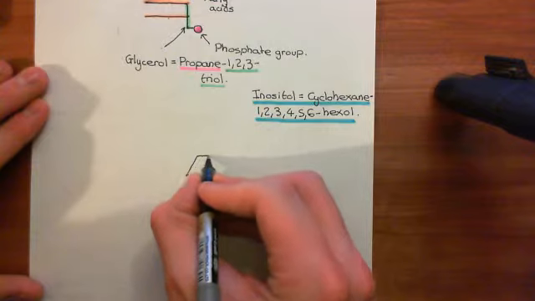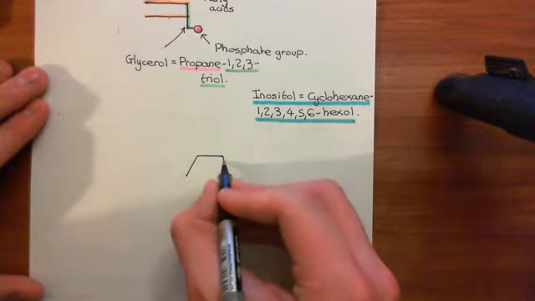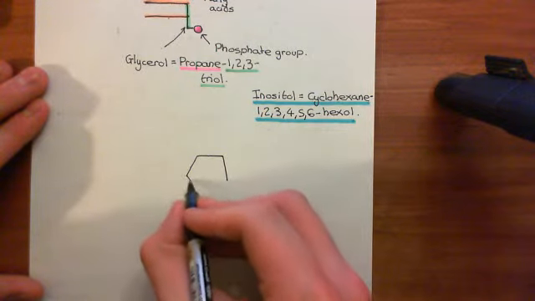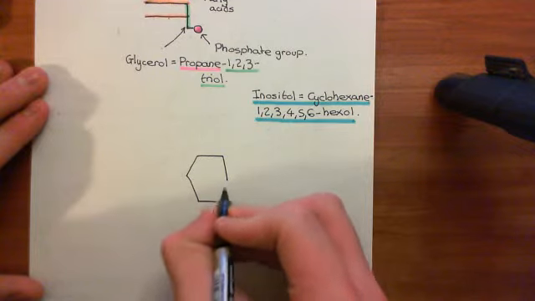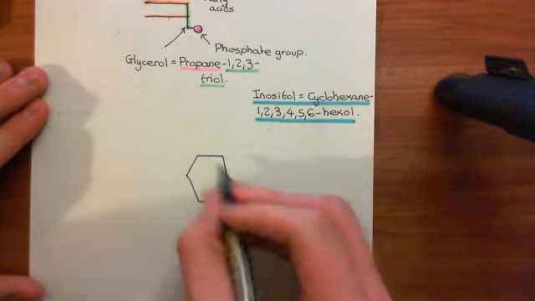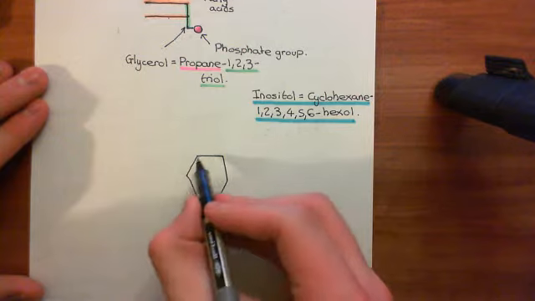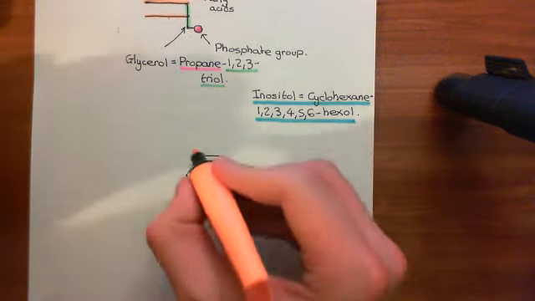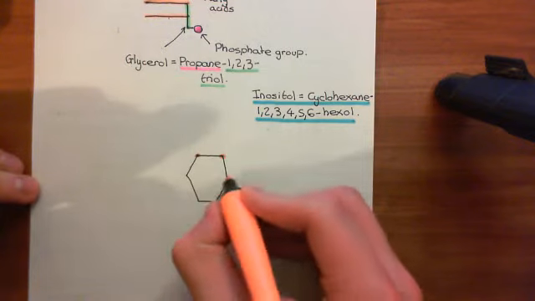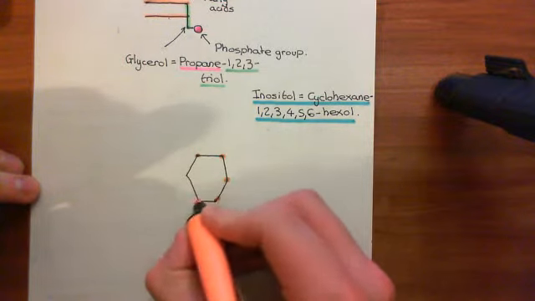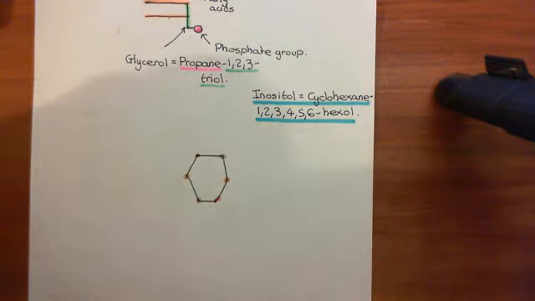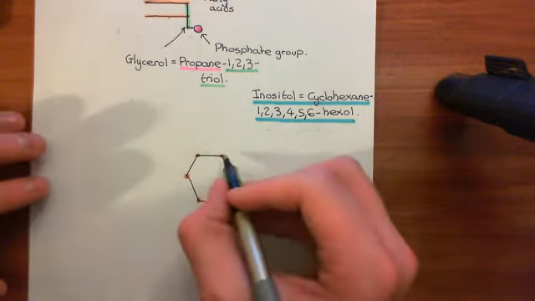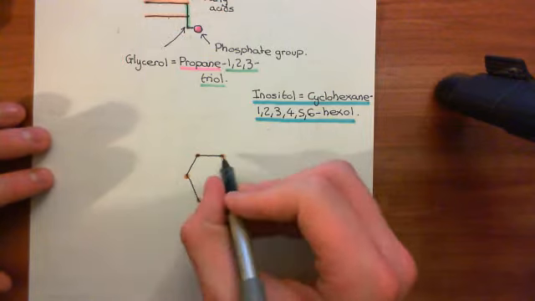So basically, remember in skeletal structures you don't show carbon atoms, they're implicitly shown by corners. So if I wanted to draw cyclohexane, all I draw is a hexagon like this. Here are my carbons, in fact I might colour this in. Here are my carbons, here, here, here, here, here, and here. Okay, now cyclohexane, that will be all I drew because those are the carbon atoms shown, and then the other